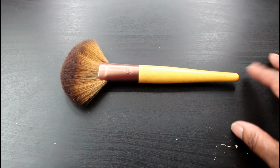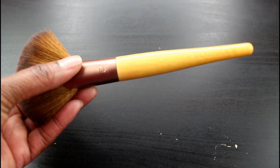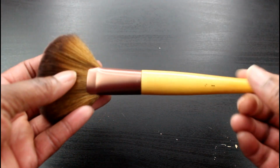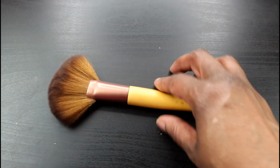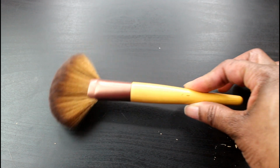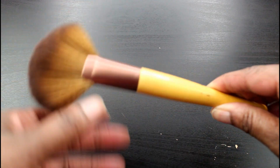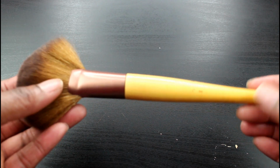But yeah, I have more than one of these brushes. When I first purchased this brush, I think it's the only fan brush in my collection, I was concerned that it was just too big and too fluffy to apply my highlighter precisely. But actually, it's really nice, and I find that there's a lot of highlighter fan brushes on the market, but